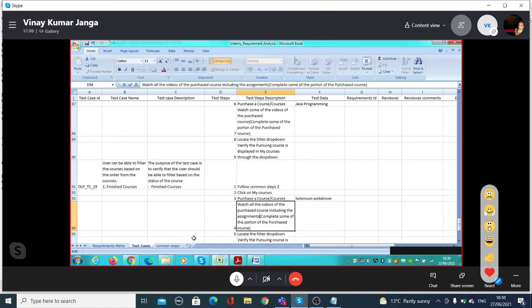Because this is what we need to verify. So I write this: purchased courses including the assignments. If assignments are there, then assignments. Some courses might not have anything. If included, I'll just put it like this. You can put in the bracket: if any assignment or quiz is there, they should all have been completed.